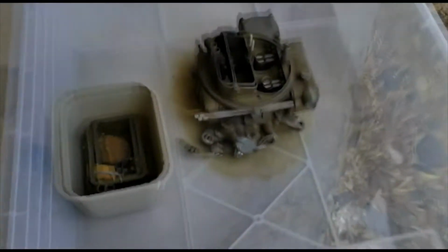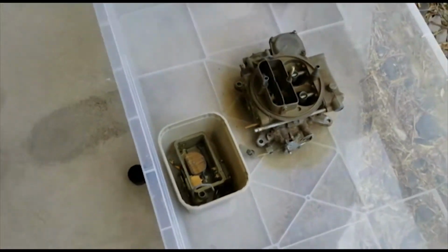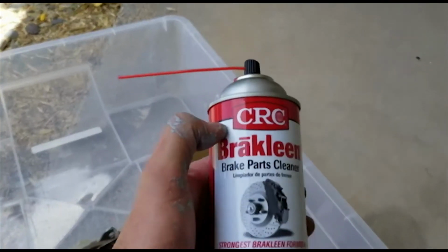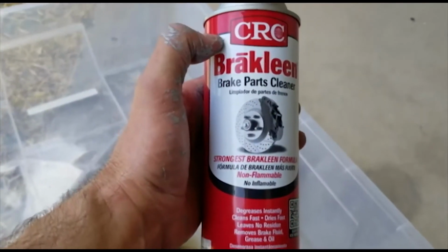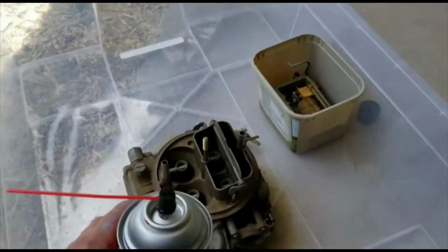There's my carburetor, and I'll be working on that today. I took a little bit of it apart last night. Try to get that rebuilt maybe today, if possible. And I'm using what other people use, this brake clean. I would imagine that any brake cleaner might work, but the brake cleaner is supposed to be even more aggressive